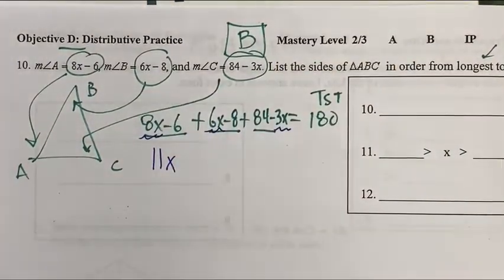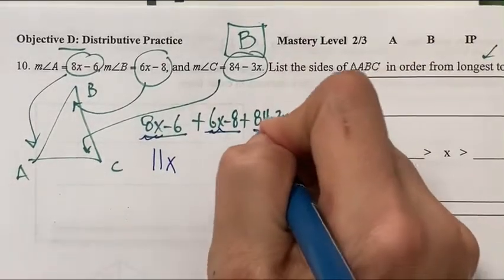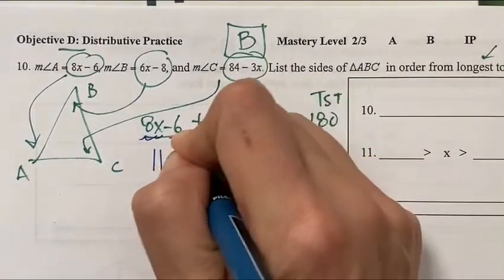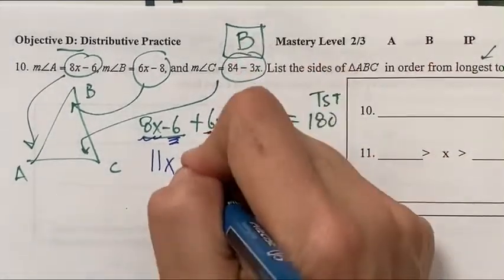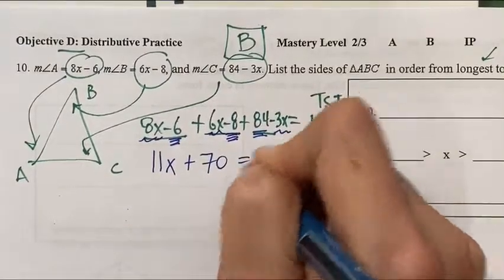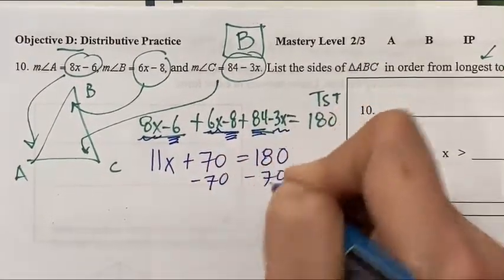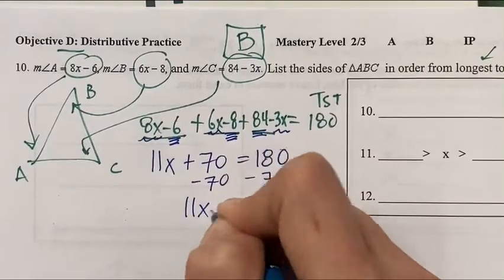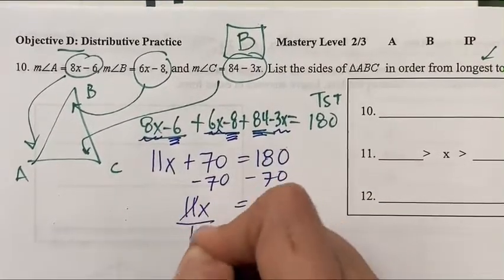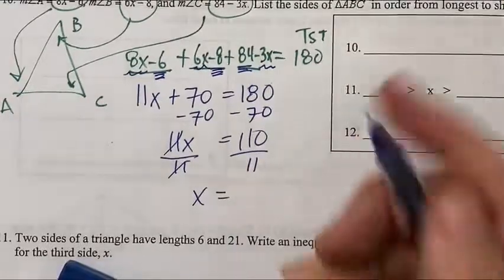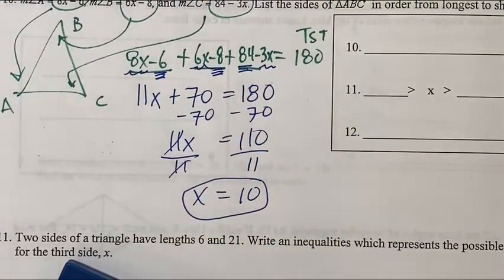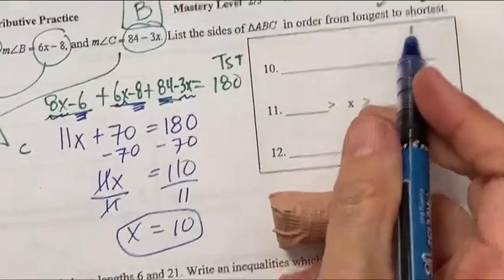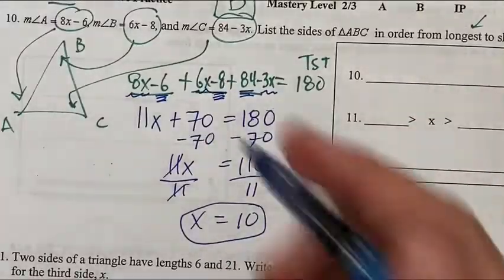And then the numbers we can combine. So we have an 84, take away 8, take away 6. We get 70. Okay, so I'm going to subtract 70 on both sides, get 110. Divide by 11 on both sides, get x is equal to 110 over 11, which is 10. Now, a lot of people got 10, but they didn't get all the credit because they ask, order the sides longest to shortest. So now we have to plug in 10,